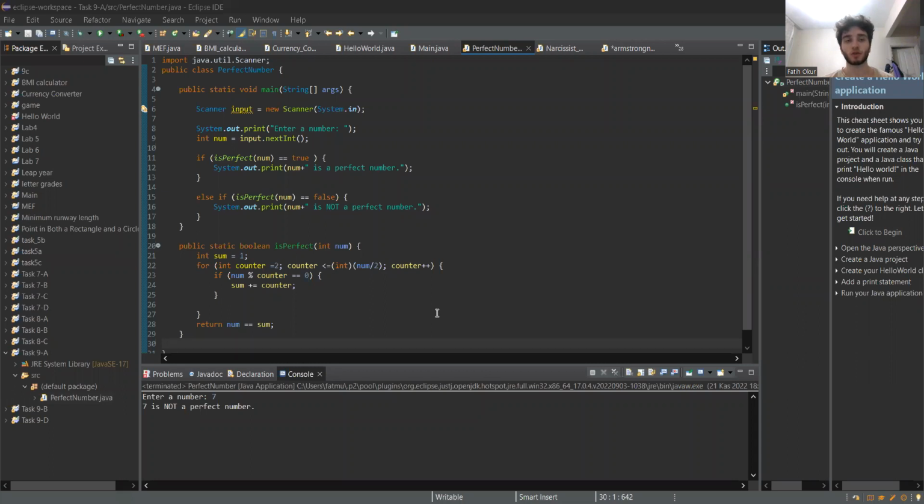Today we're going to write a program that will check if the given value is a perfect number or not. Perfect numbers are positive integers that are equal to the sum of their